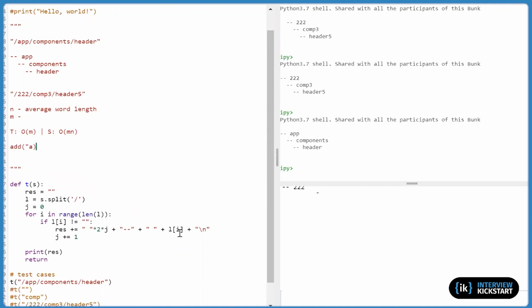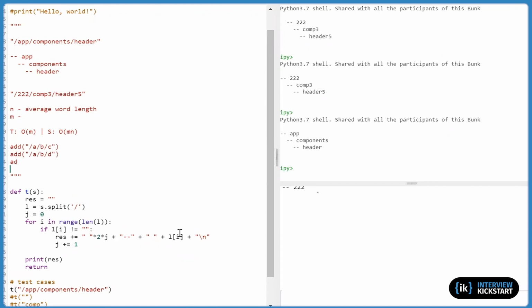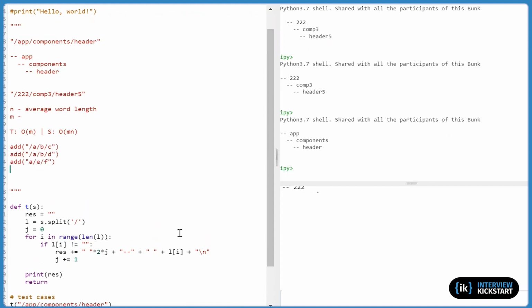It would be add A, B, and C. And then if we do another add, like A, B, D, and then another add with, let's say, A, E, F. I'm not too sure of the definition of add. Add to what? It would add to our containing directory. Okay, so we would have something like this: